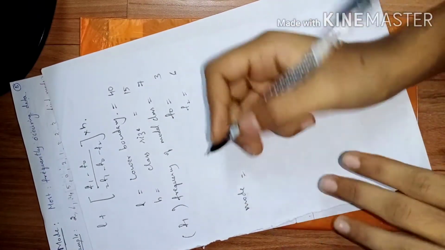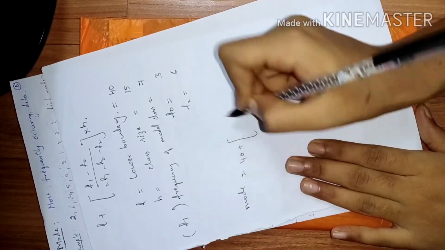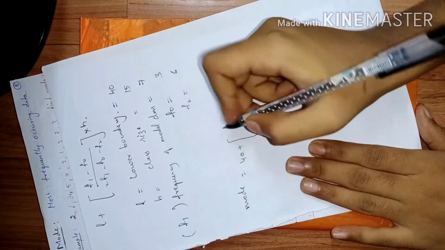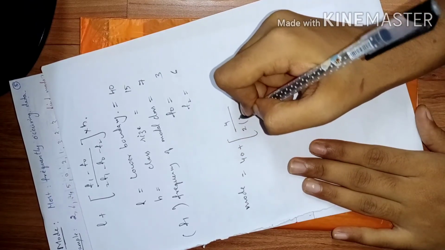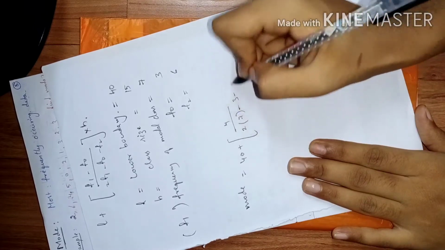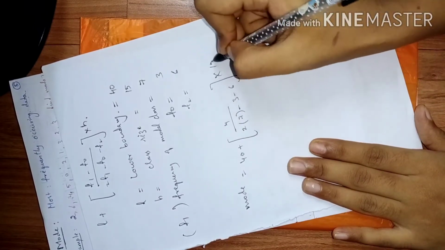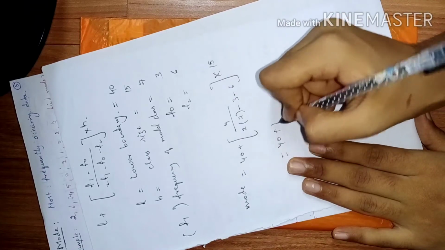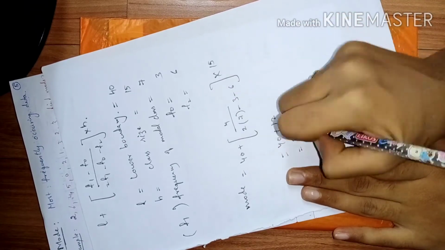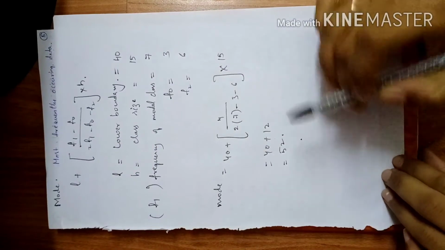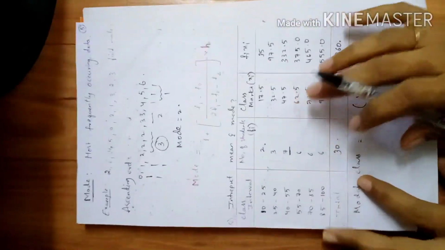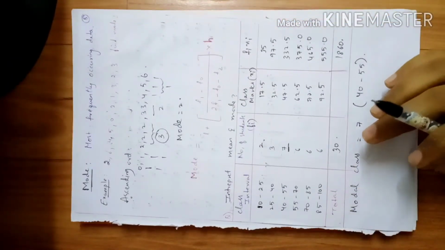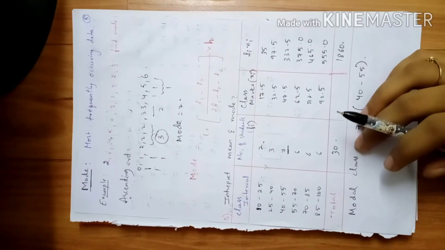So just substitute in the formula to find the mode. Mode is L plus, what is L? 40 plus f1 minus f0. f1 minus f0 is 4, by 2 f1 minus f0 minus f2. That is 2 into f1, which is 7, minus f0, which is 3, minus 6, into 15, which is nothing but 40 plus 12, which is 52. So this is the mode, friends. The mean value was 62 because I used the same table to find the mode. The mean value was 62 and now we got the mode as 52.